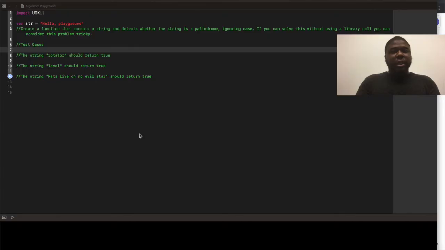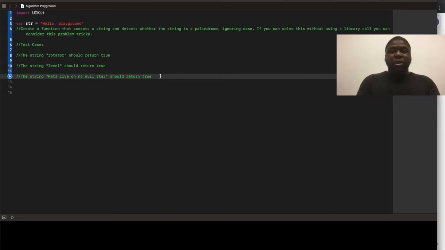So let's go. It says create a function that accepts a string and detects whether the string is a palindrome, ignoring case. If you can solve this without using a library call, you can consider this problem tricky. Test cases: the string rotator should return true. The string level should return true. The string rats live on no evil stars should return true, because all these examples spelled backwards are spelled the